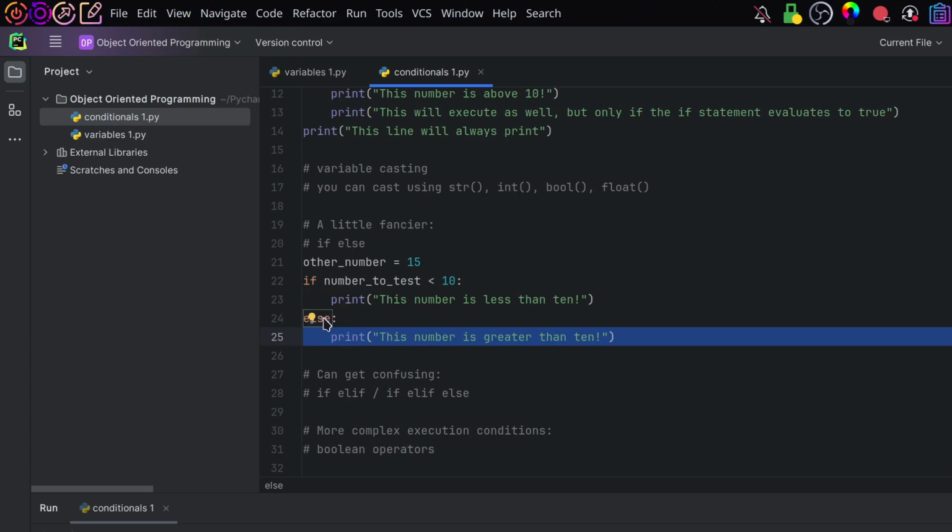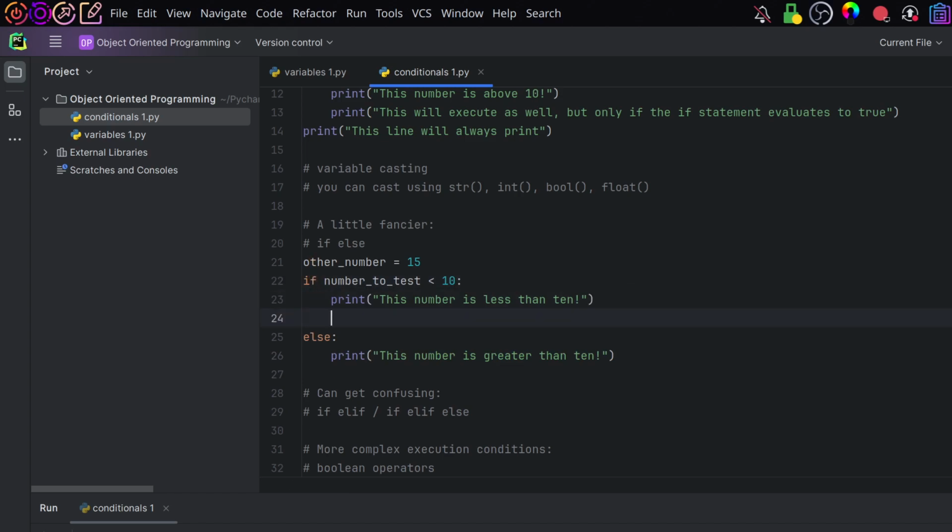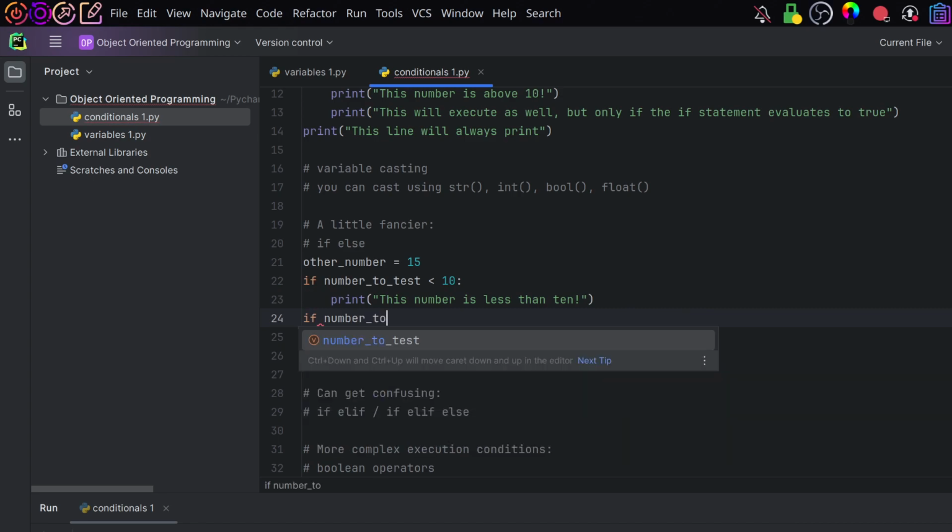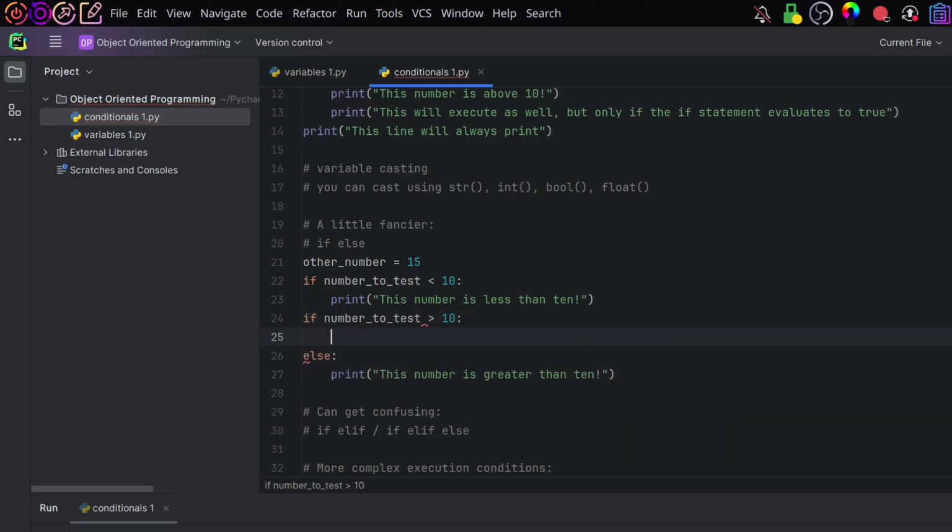You can only have the else attach to a single if, and you can only have one if per else. You can't have two else statements attached to an if, and you can't have an else statement attached to two ifs. So if I did something like this, this else statement is now attached to this if statement. So we're going to say, what is going on here? So when I run this,